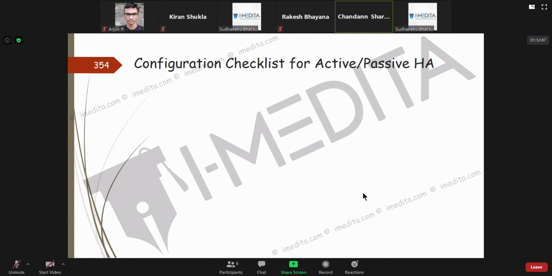Sudhanshu asks: after completing hello messages, it will start the data synchronization, meaning configuration synchronization, after a specific time?